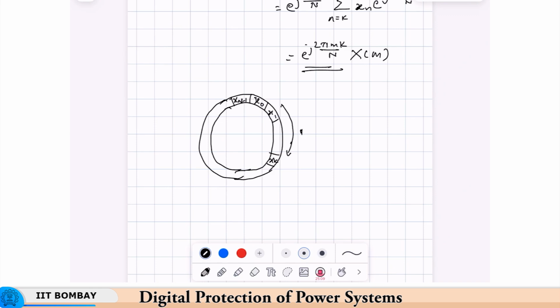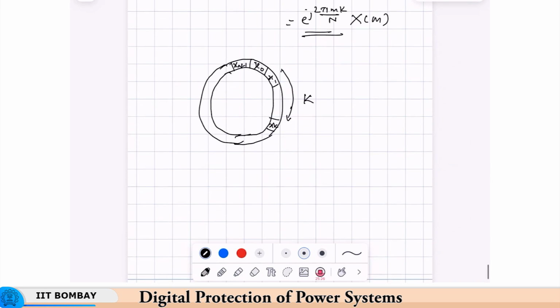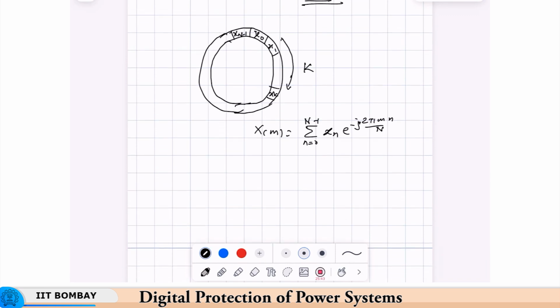Now, if the samples instead of starting at x 0 are shifted by say n naught, or let us stick to k. The samples are shifted by k, then again we will just write down this is the DFT, and the inverse DFT is given by